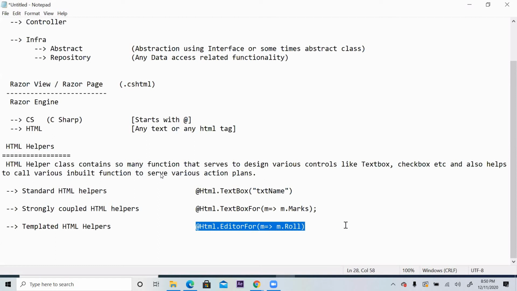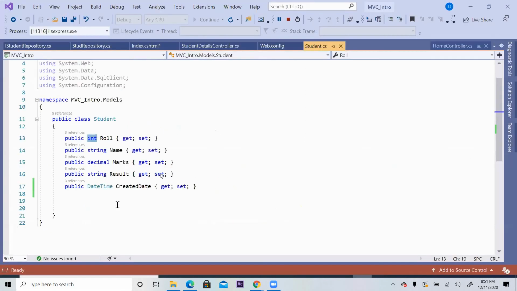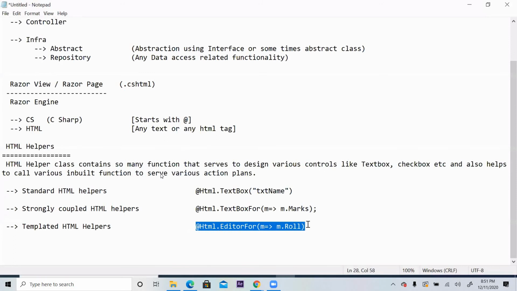Editor means text box always. You can type something, or even a checkbox comes under editor, guys. If it is Boolean, then automatically it will understand that I have to create a checkbox. If it is other than Boolean, it will understand that I have to create a text box.